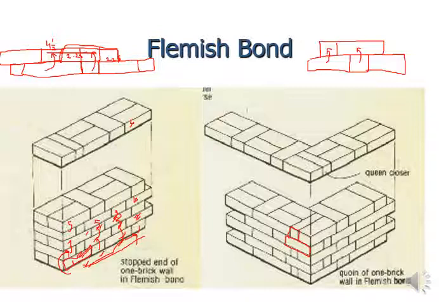Okay, so what does it mean? That you cannot place a complete header of 4.5 inch, then 2.25 will be left. So what we need to do, we have to place a queen closure to adjust this 2.25 dimension, and at the corner you are placing a header, a complete brick, to make a stretcher in the other direction. Okay, so similarly for the other side course, in between one header and stretcher you are placing one queen closure. This queen closure is very important, that you are placing over here and over here.